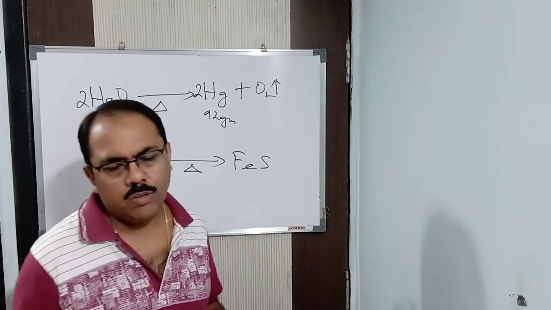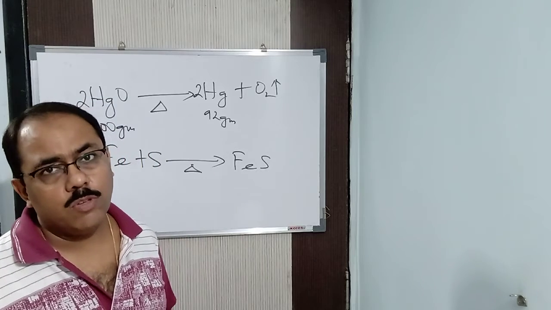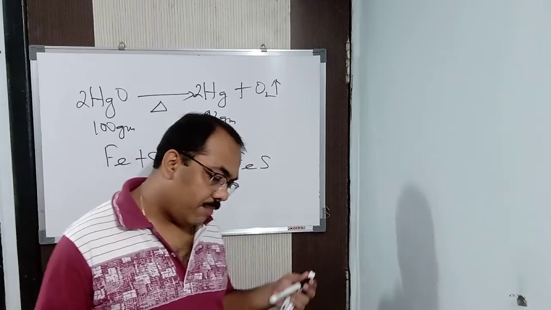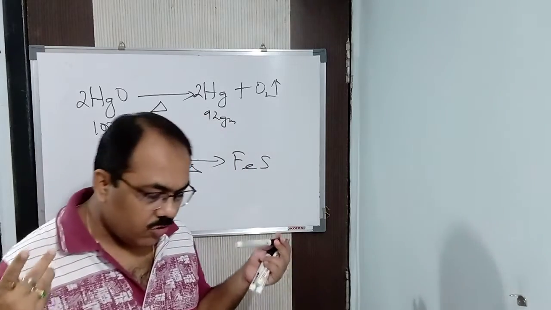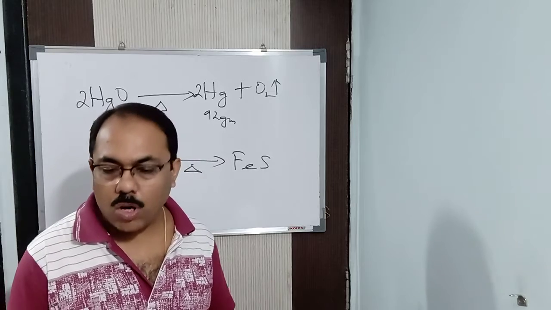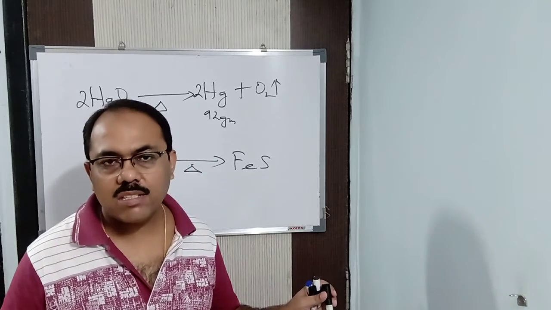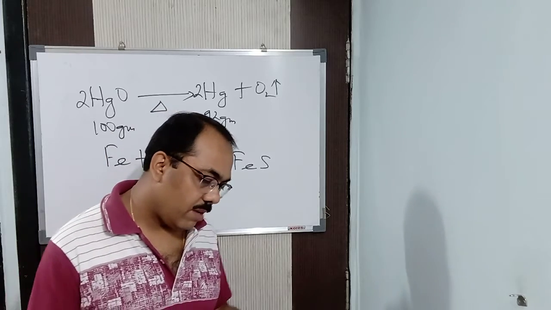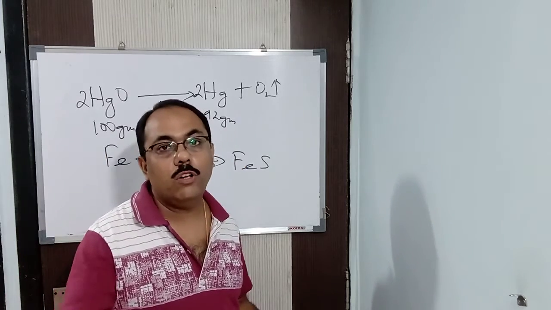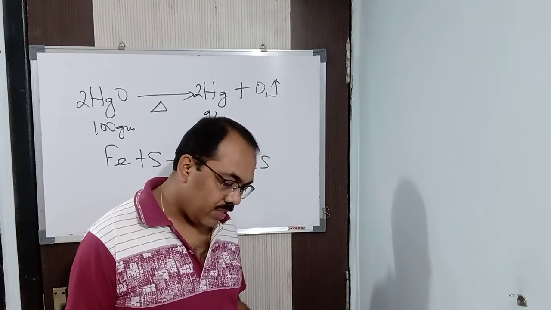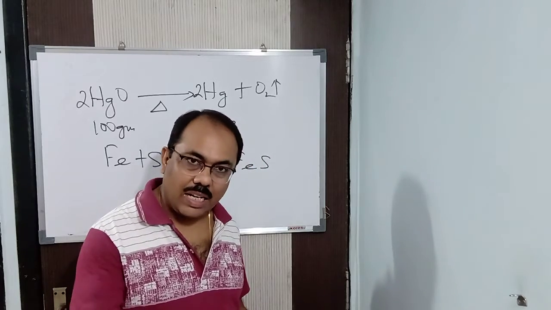Now, just now I was saying that mixtures are of two types: homogeneous and heterogeneous mixtures. Homogeneous mixture means a mixture which has a uniform composition throughout its mass, throughout the entire substance. But heterogeneous mixture means a mixture whose composition differs from point to point. An example of a heterogeneous mixture we can give is clay,